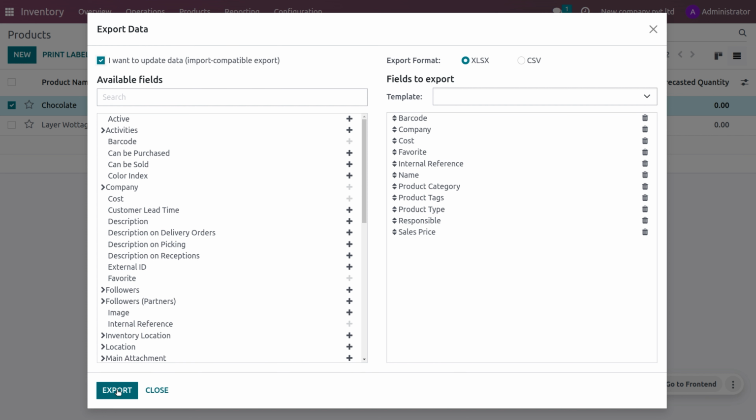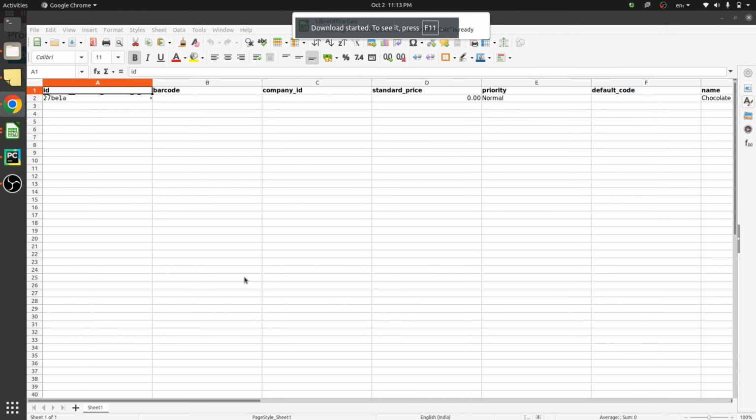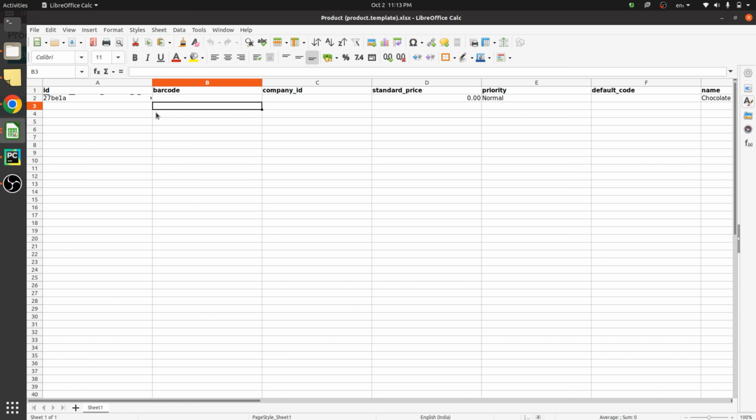And you can just choose the export button, and that would allow you to export the things, and if you want to make any other alterations, you can just change. So I might be giving the barcode as BK123, and let me give the price of the product as 20, and you can set the priority, which is